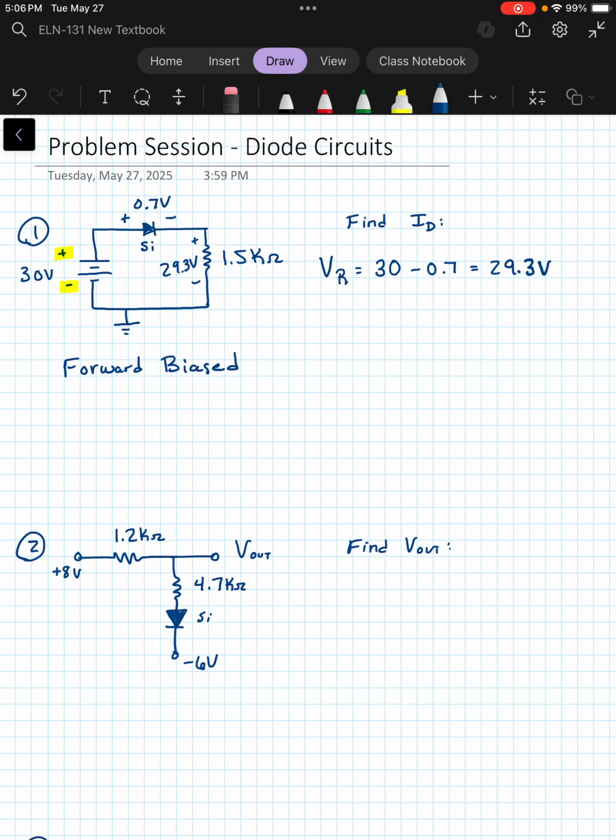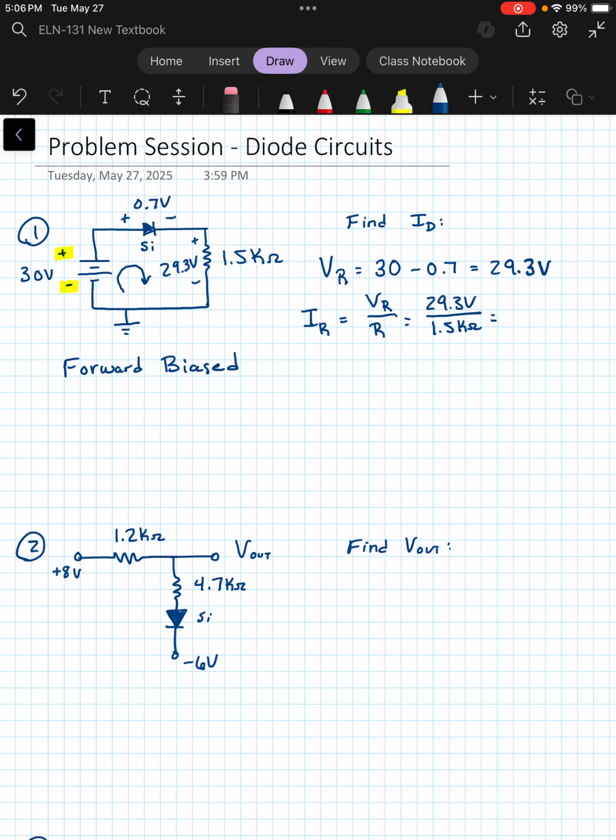Remember, the sum of the voltage rises minus the voltage drops around a closed loop has to equal 0. So when we add 30, subtract 0.7, and subtract 29.3, we get back to 0. And then, of course, to find our current through that resistor, we need the voltage drop across the resistor divided by the resistor value. So we know that needs to be 29.3 volts, and we have 1.5 kilo ohms of nominal resistance,